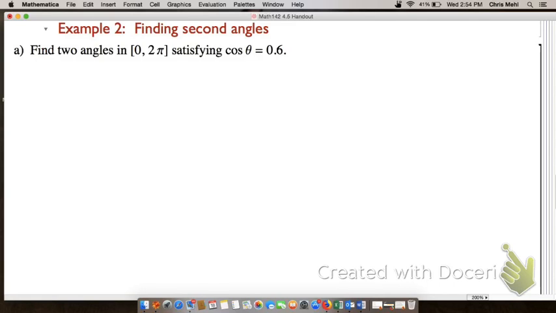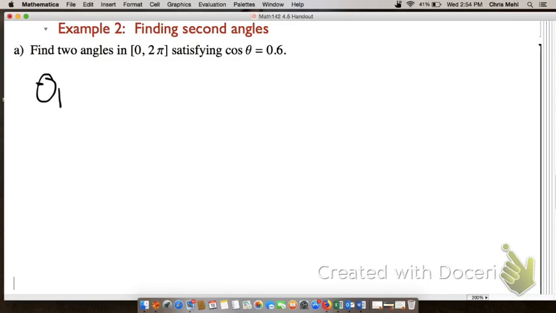Make sure that your calculator is in radian mode. Mine right now is in degree mode, so I have to hit the mode button, switch to RAD or radians. So first of all, if I want to solve cosine theta equals 0.6, a first solution is going to end up being